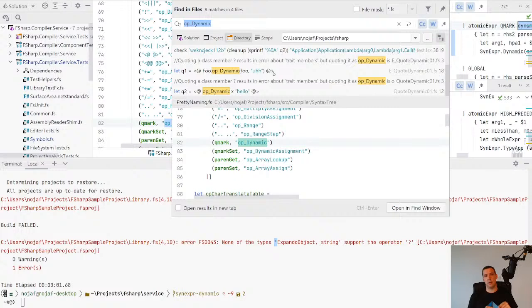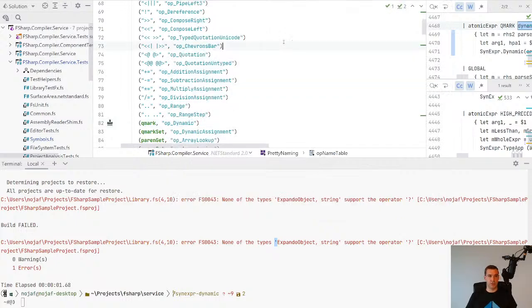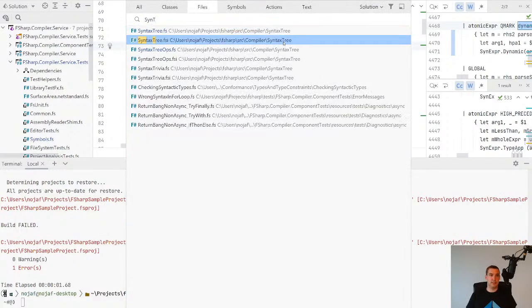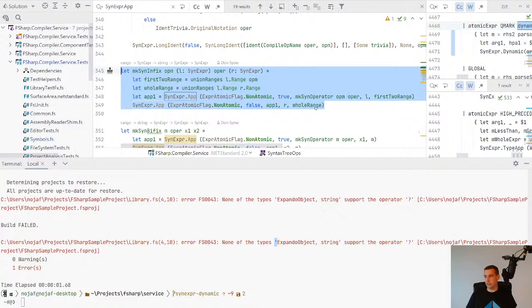So I was somewhat expecting slightly different behavior, but if it's just a function application, we'll need to be sure that wherever application is being used, it is just being picked up, which could be even a bit more challenging. So my guess is, let's go to syntax tree operations,